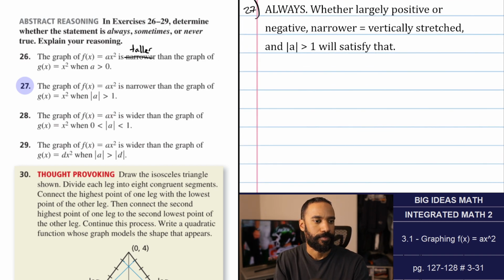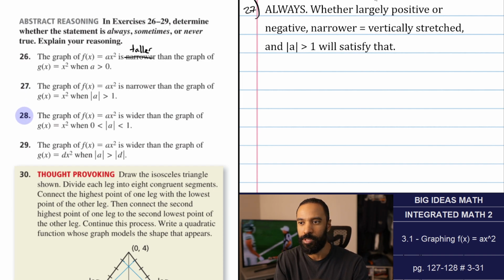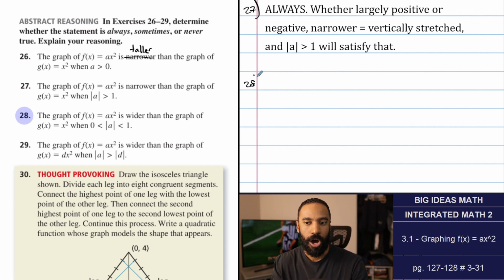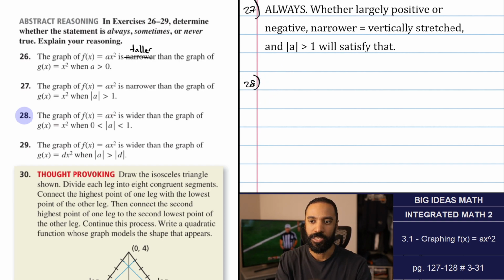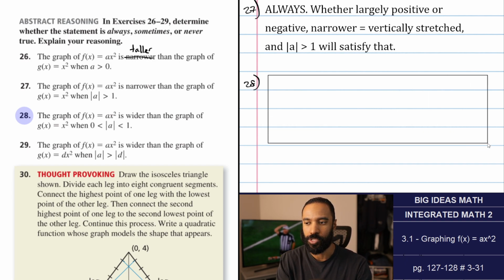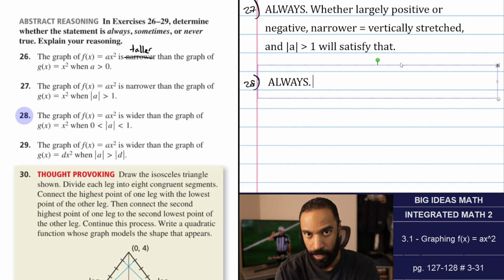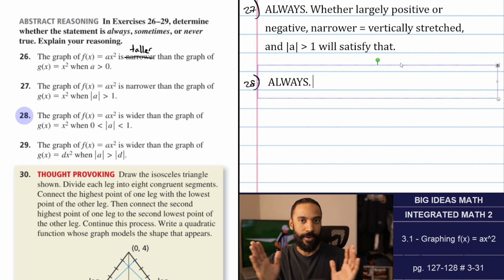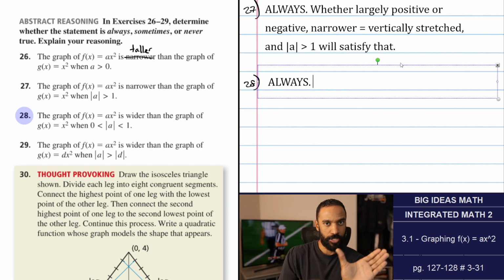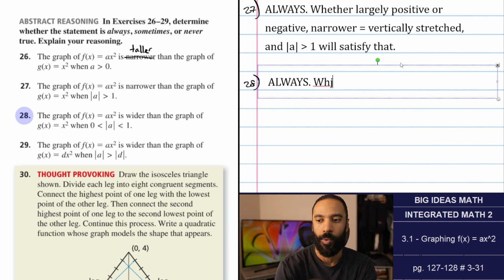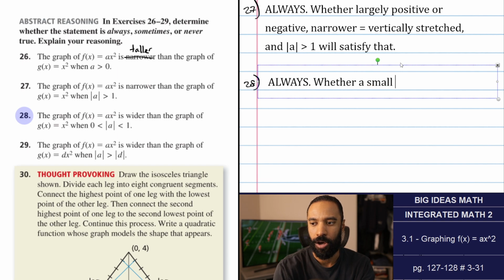All right, number 28. The graph of a is wider than the graph of this when a is between 0 and 1. Excuse me, the absolute value of a. Once again, always true in this case. It's just going to be the opposite effect of what you saw from the last thing. It's going to be vertically compressed, whether positive or negative. You are looking at a fraction less than 1 on either side, flipped up or down, and it's going to be more vertically compressed. Whether a small fraction less than 1